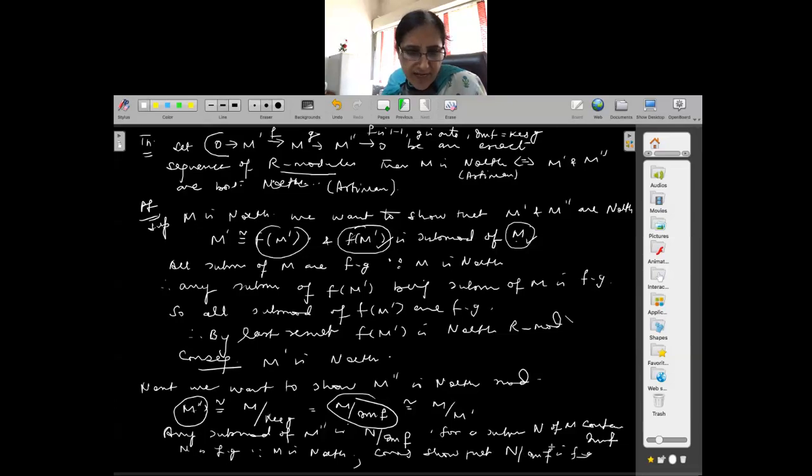Because if N is generated by, say, x1, x2, ..., xn, then show that N mod the image of f is generated by image of f plus x1, image of f plus x2, and so on.